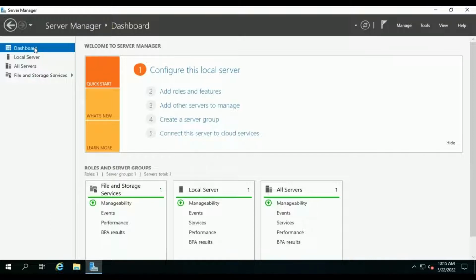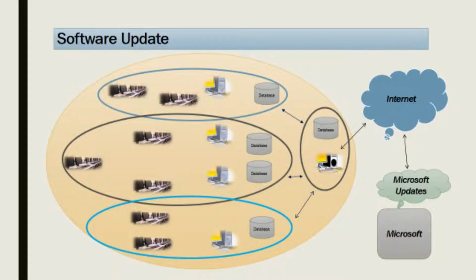With WSUS, administrators don't have the flexibility to stop the deployments and they have to approve the patches from the WSUS console each month before patching or whenever needed. But with SCCM, administrators can disable the deployments at any time or define automatic deployment rules to approve the patches automatically.